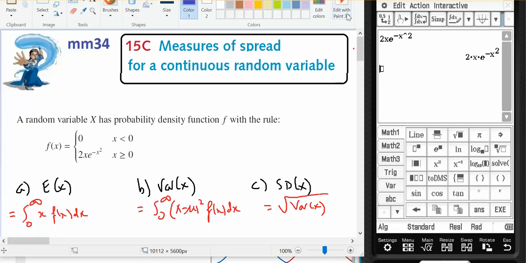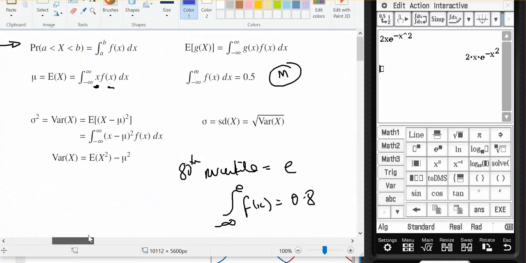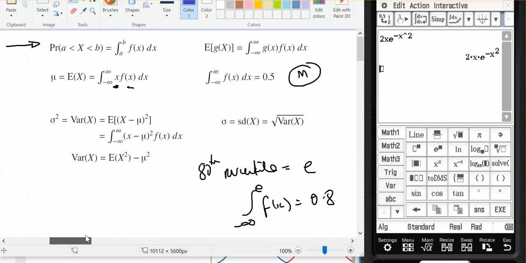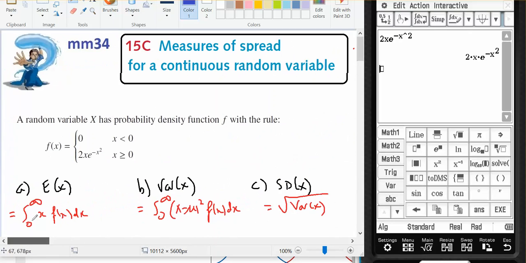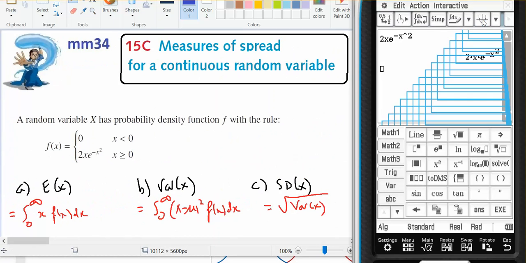This is for year 12. As it comes out of chapter 15, it's 15C, measures of spread for a continuous random variable. Now I'm going to use the formulas that are in chapter 15C in this explanation. Okay, so I've got a random variable here, and this random variable, as you can see,